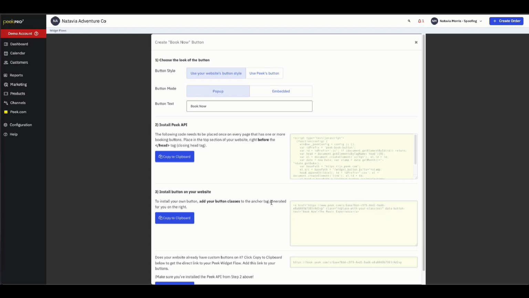We can have a Peak styled Book Now button, or we can create our own Book Now button on our website using whatever web builder you're hosting your website with, and then link the widget to it. So let me just demonstrate the Peak button. So if I come up here and I say that I want to use Peak's button,